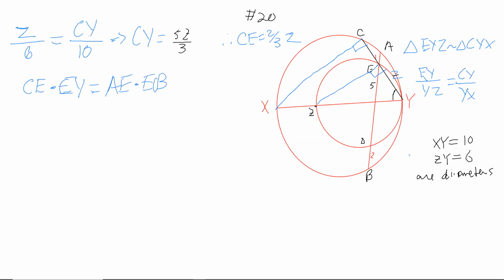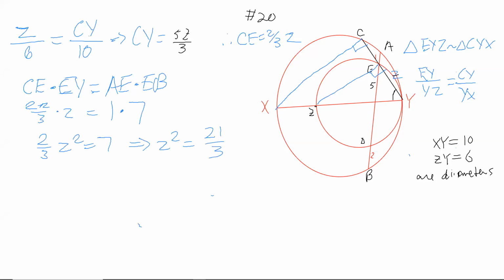If we plug everything in, we get 2Z over 3 times Z. AE is 1, and EB is just ED plus DB, which is 7. So we get 2/3 Z squared is equal to 7, which then becomes Z squared is equal to 21 over 3,